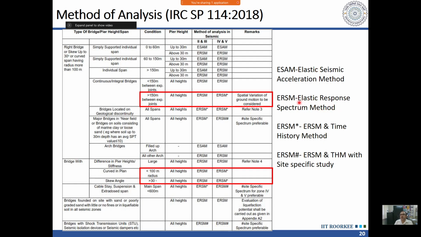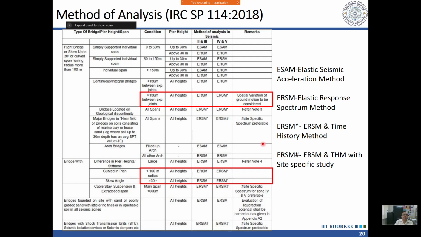Actually both use the response spectrum, so it is not a very correct nomenclature to call it the response spectrum method. We use the response spectrum here also. We should call it the mode superposition method using response spectrum. In mode superposition, we consider multiple modes, more than one mode. How many? Those which give us 90% mass participation. Generally 3 to 5 modes are good enough for our normal structures to give 90% mass participation. But if it is very tall or a special type of structure, then even this may not be enough.